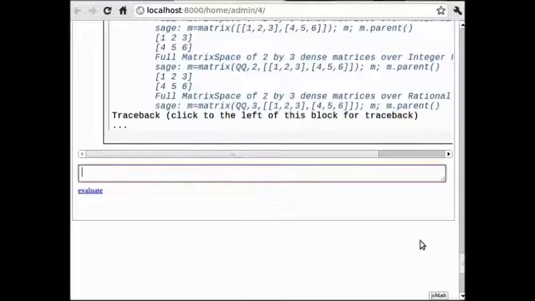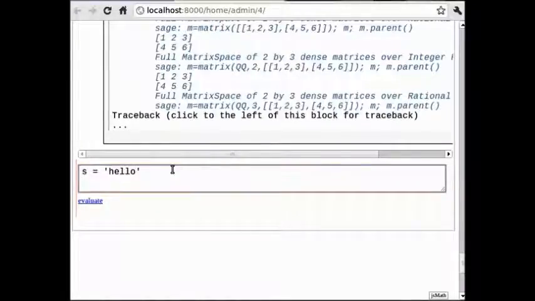So you can type s is equal to within single quotes hello, then s dot rep, then tab.